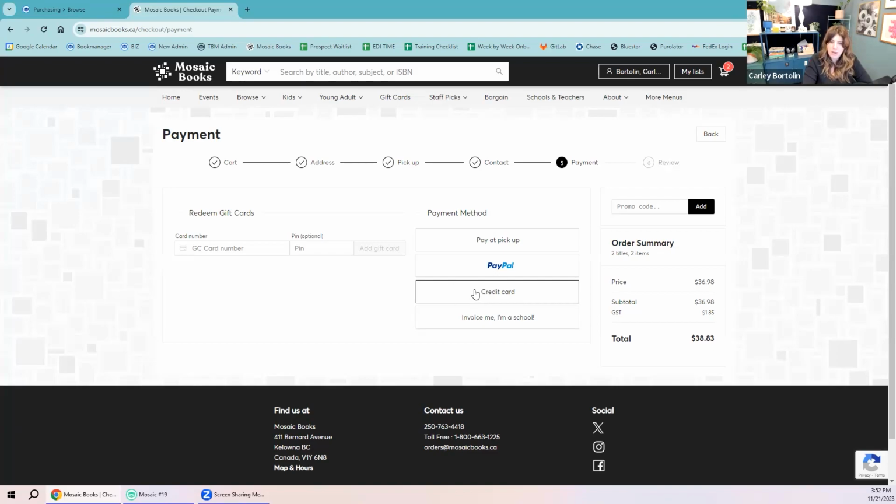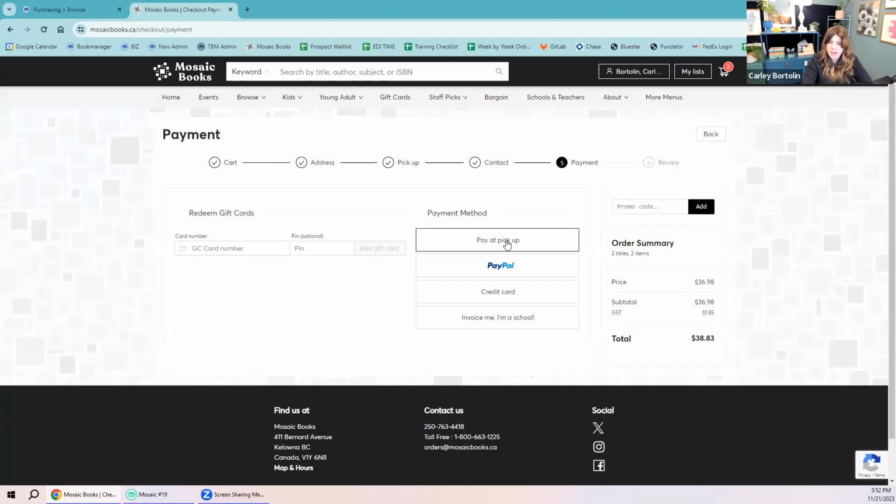So note that there's a lot of flexibility there, but a majority of our users, especially the ones doing integrated, have that sent down as a token. There also is this 4th option here, which is kind of our free form option. We use this a lot for our teachers in schools. It's just to say that they want to have this order invoiced to their account. Some of our stores I've worked with have said they want to have this set up to be Venmo or an email money transfer or something that is outside of the regular forms of payment. We can do that if need be. But today I'm going to choose pay at